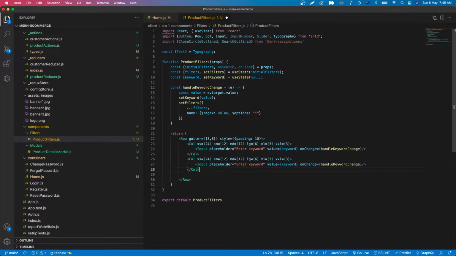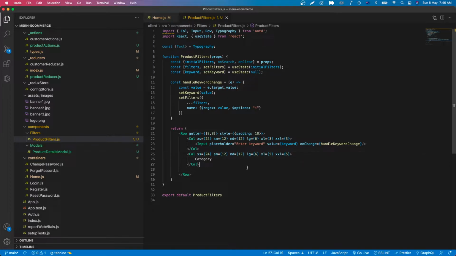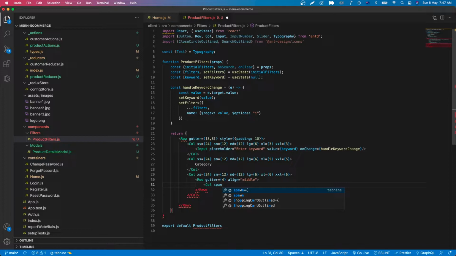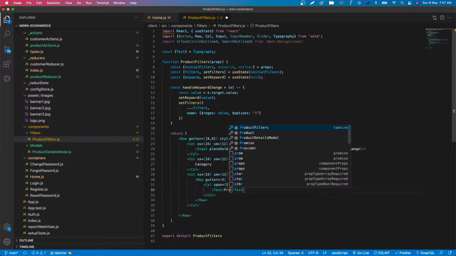And then let's go back to the return section. We're gonna have category here. Let's just put the text here and we will come back to the category later. Just change this to 5. And then we have another column for the price. This would be 6 and 6. And then we have a row, gutter, align middle, and then the column span 5. And we have the text price from,